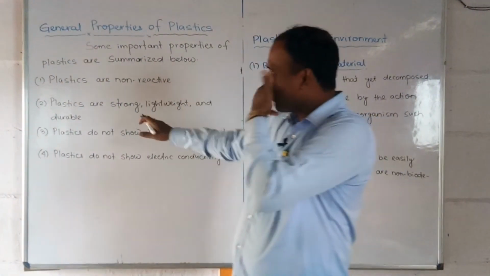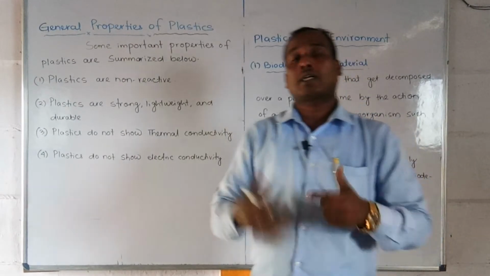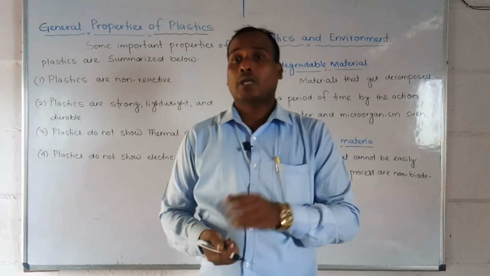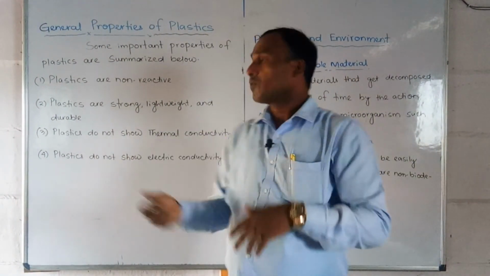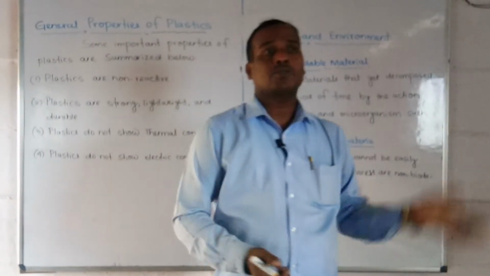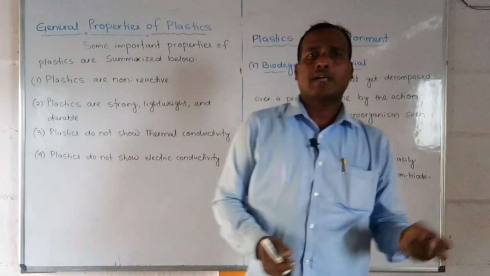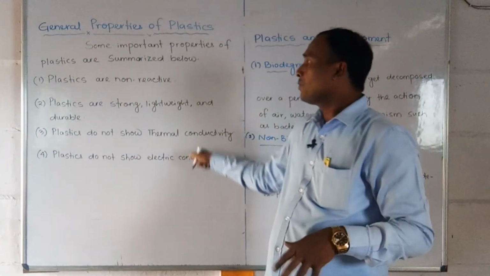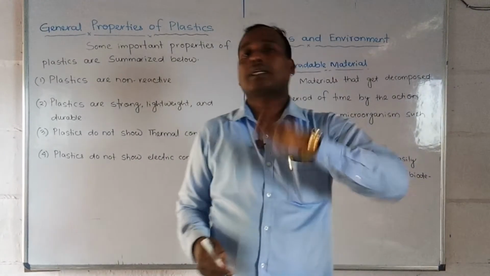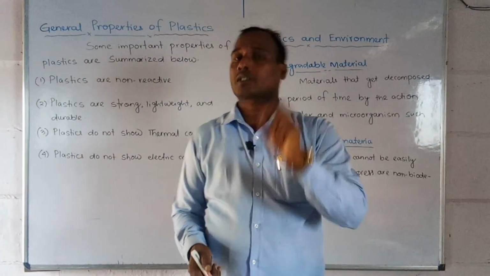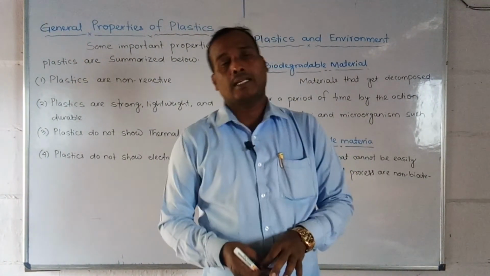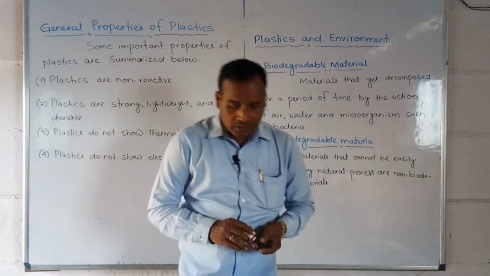And next, plastics are very lightweight and strong, and that's why we make aeroplane frameworks, chairs, tables, computers, and so many hardware items from plastics. And they do not allow heat and electricity, because they are bad conductors of heat and electricity. Okay, friends. So now we will discuss